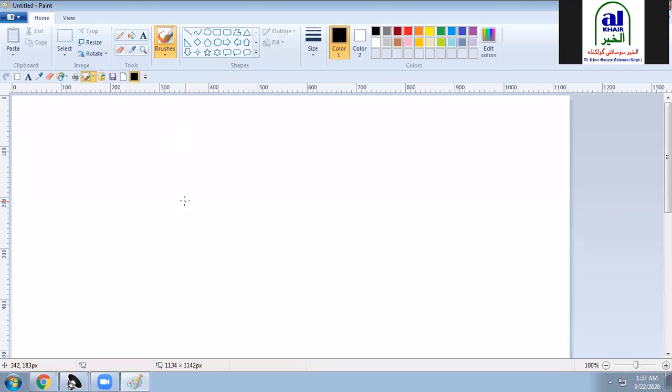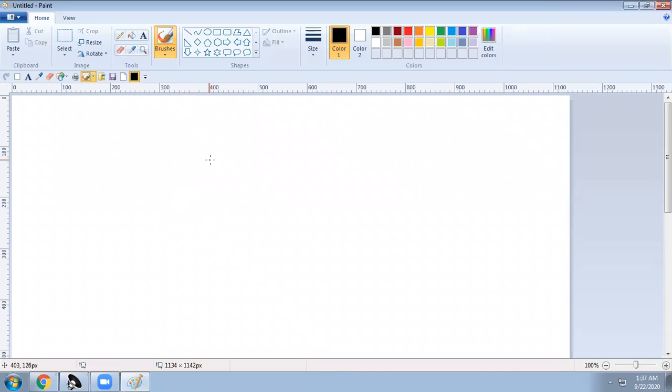For example, even a small kid is interested in painting. If we ask him, he will try to draw a small home. So we will try like that. First we will see what tools are there. I can take the pen. Here I can write anything. I can draw a star, anything. I can write computer, like this.